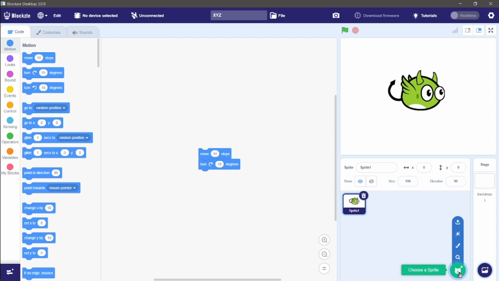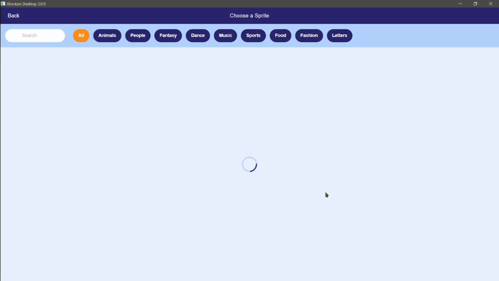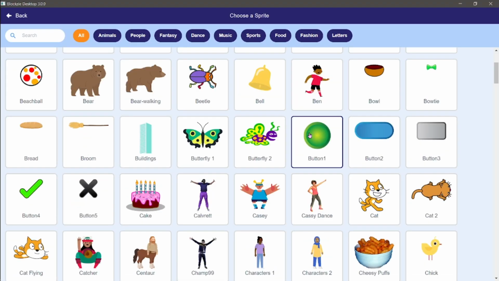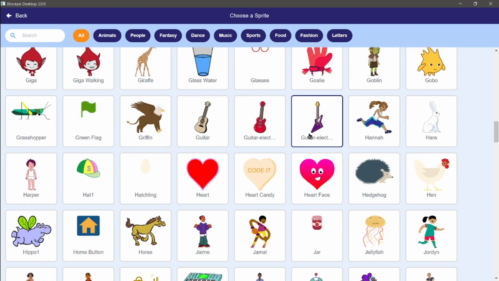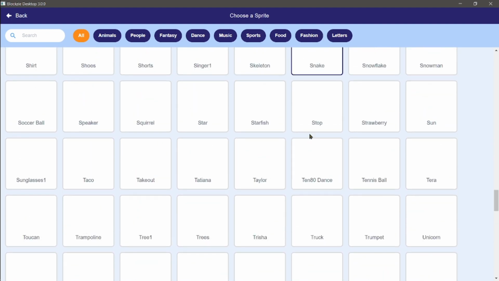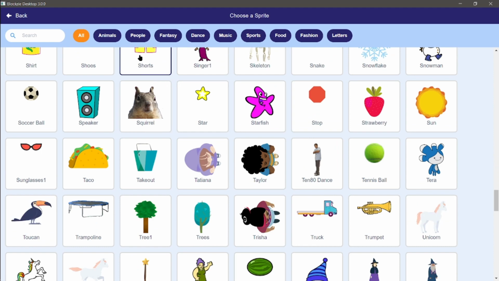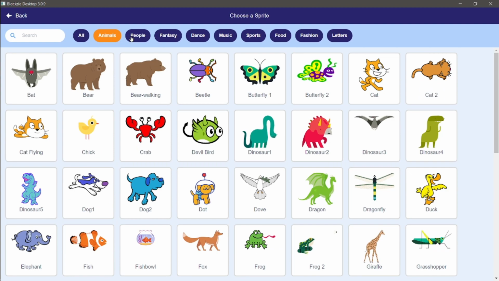This first icon is used when you want to create or change your sprite. If in your project you want more sprites than this, you can just click onto it and you will have the number of sprites available in Blockzie. There are different categories of them also. As you can see over here, we have different categories such as animal,